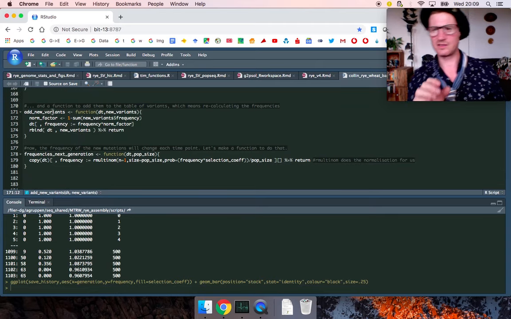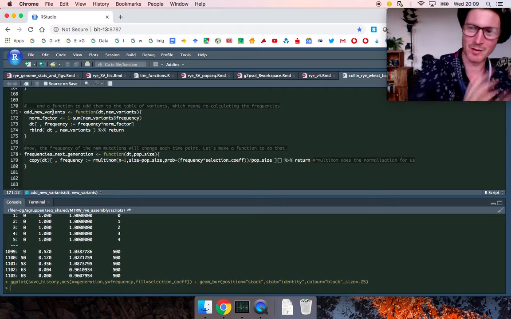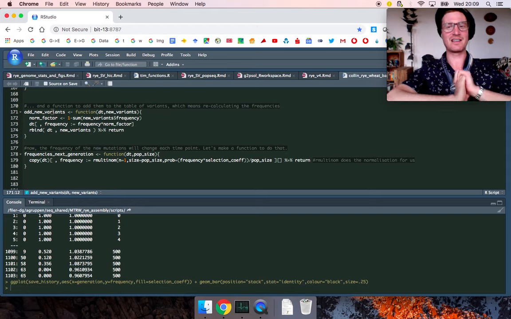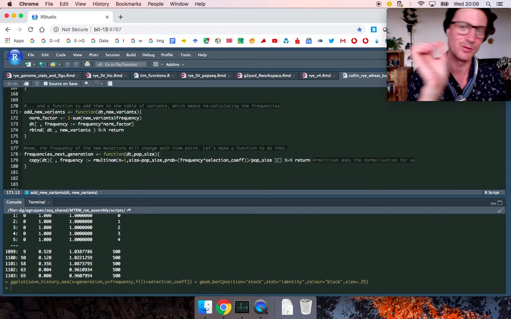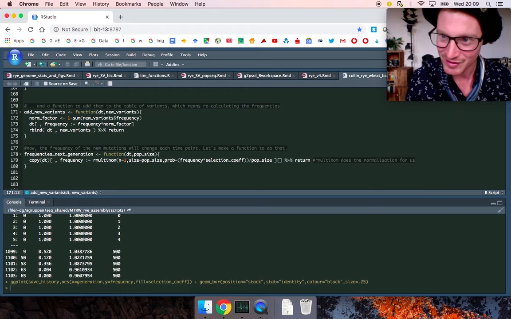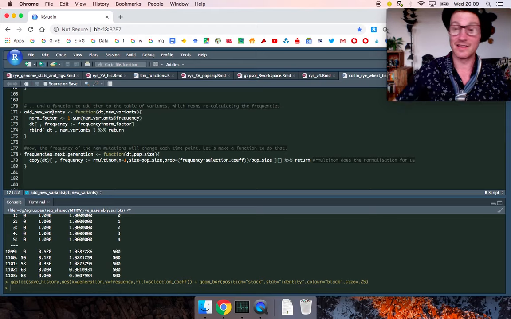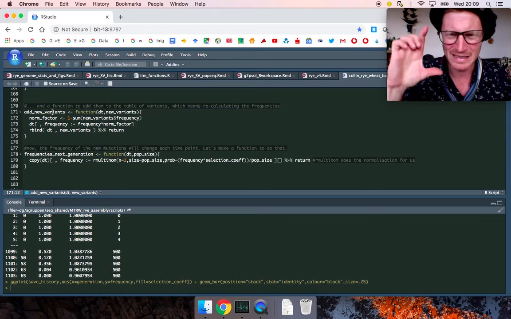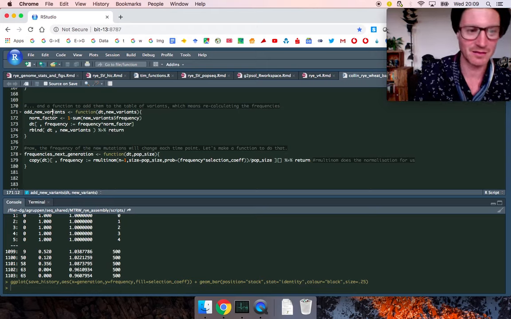Now, this one I don't think I'll go through in detail, but all it is doing is taking those new variants and putting them in the population. And the reason I need a different function for that is because when you put new variants in a population, the frequency of all the old ones changes a bit, because if there was an old variant that was previously 50% of the population, and then suddenly a whole lot of new variants came into the population, suddenly it'll be a little bit less than 50%. So we have to make that adjustment. And yeah,